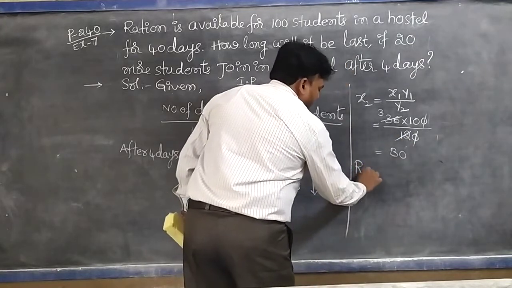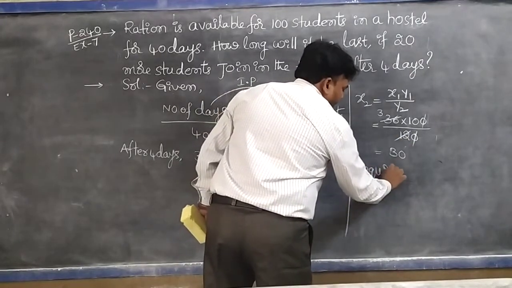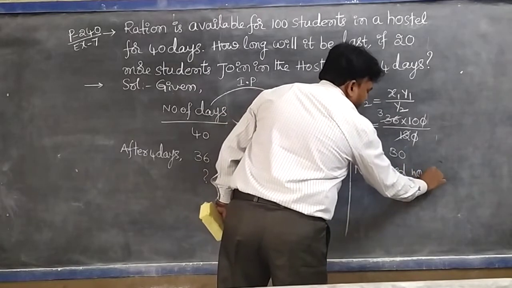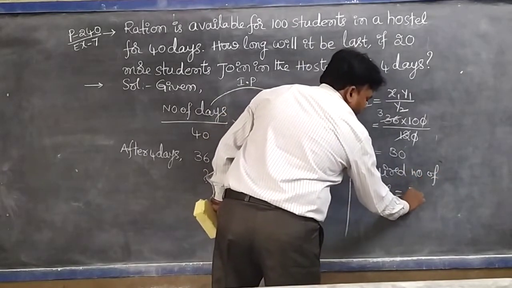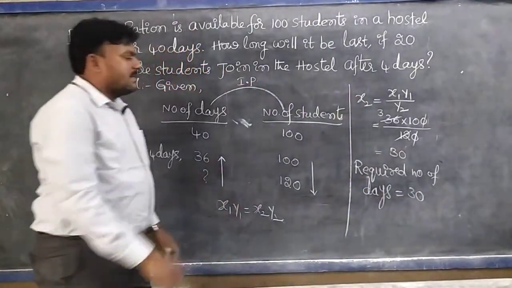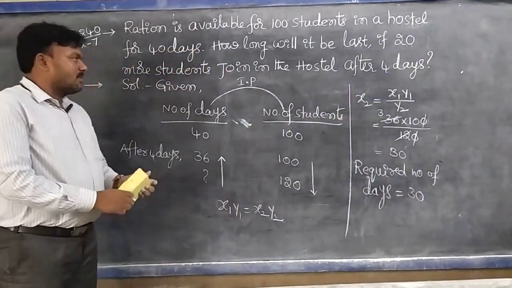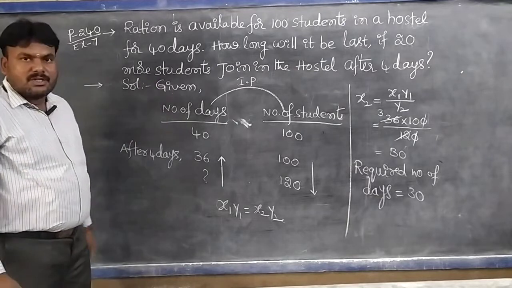So required number of days equal to 30 days, students. That is the solution of the given problem, students. So how to approach the solution? Observe, by analyzing the problem,